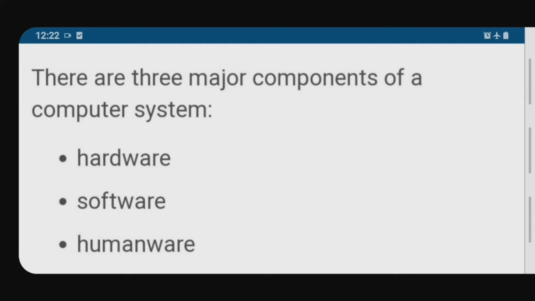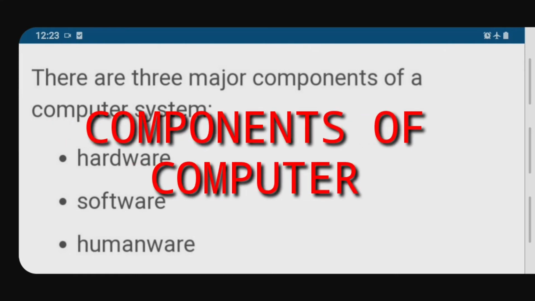I am sending the notes as a PDF to your mobile. You can see the assignment in your school app. In that assignment you will get the PDF. To get that PDF, you have to download the second option, and after downloading you will get the PDF on your mobile. With the help of that PDF you will be able to write down all the notes in your book as well as in your notebook. So today I am going to teach you the next topic.